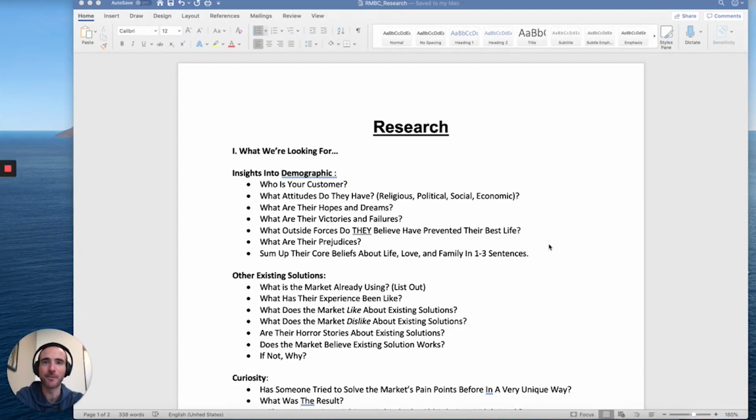All right, so we're going to jump right in with research, which is the R in RMBC. Why do we start with research? Well, you need to understand your market, your customer, the competitors' products that are out there, other solutions, what the market likes about those solutions and what it doesn't like, the pain points, really everything. You need a holistic, broad view of the landscape, and that's the way you're going to write the most effective